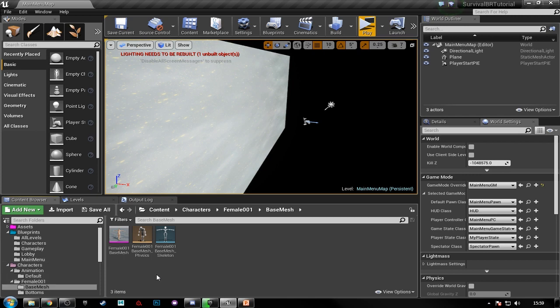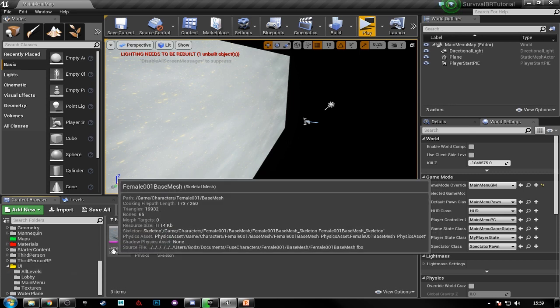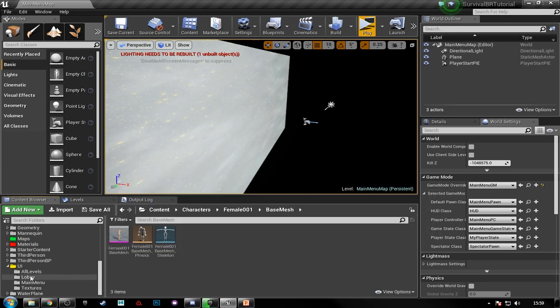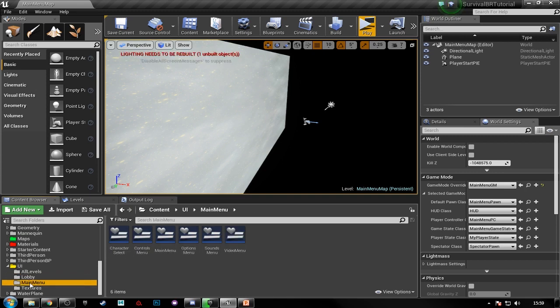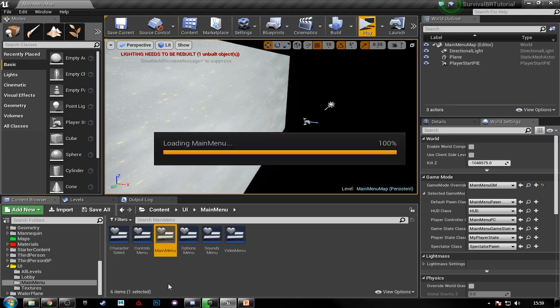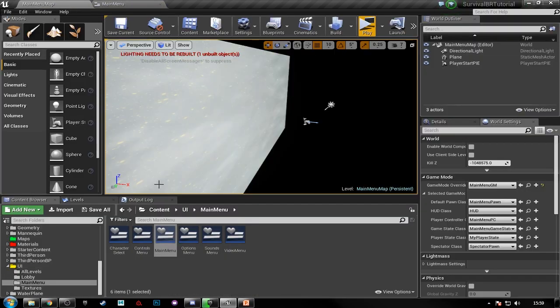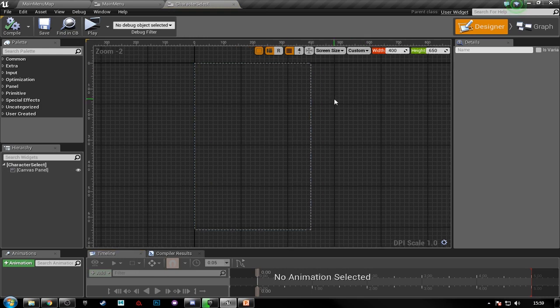The next thing we're going to do is start setting up our actual main menu, and we will also introduce some new mesh for some new clothing. So let's go to our main menu in UI, and we want to open up our main menu and then go back, and we also want to open up our character select. So inside the character select menu,